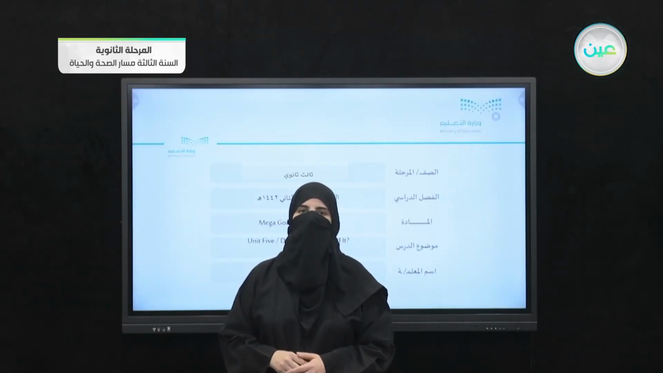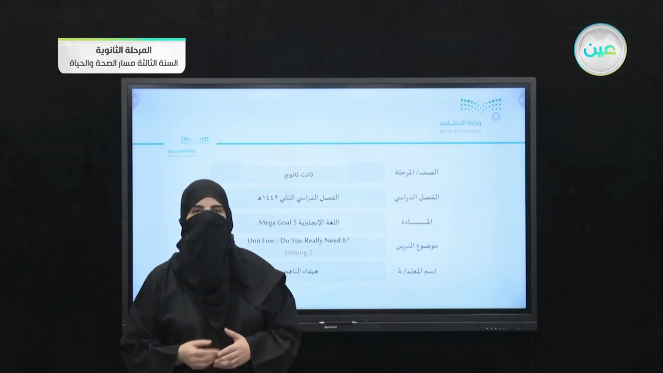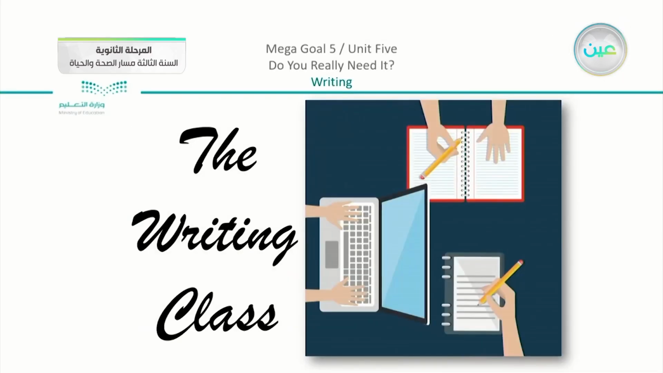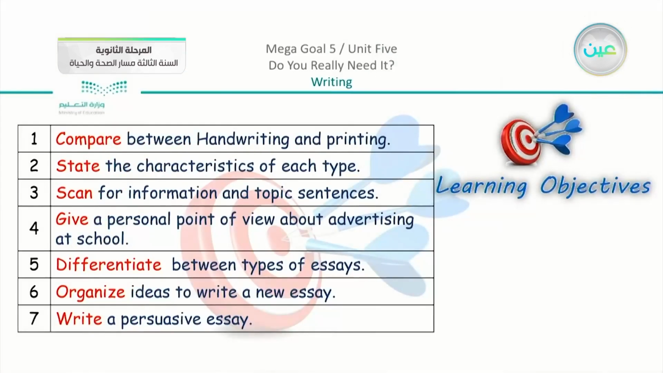Hello students. We are going to go back to the writing lesson that we started yesterday. Now we had the first part of our writing lesson. Just to remind you of the objectives that we talked about first, we have here to compare between handwriting and printing, state the characteristics of each type,